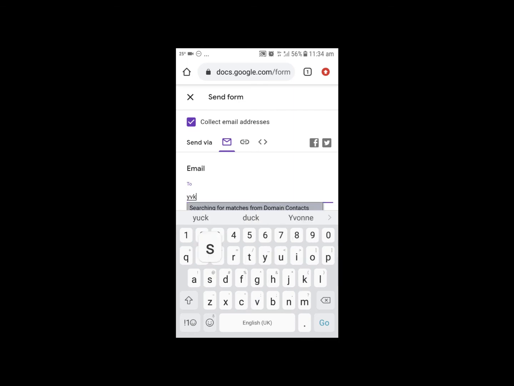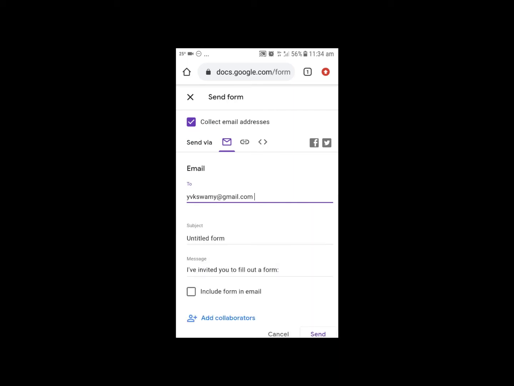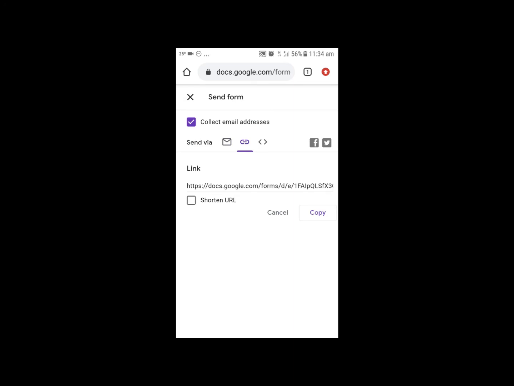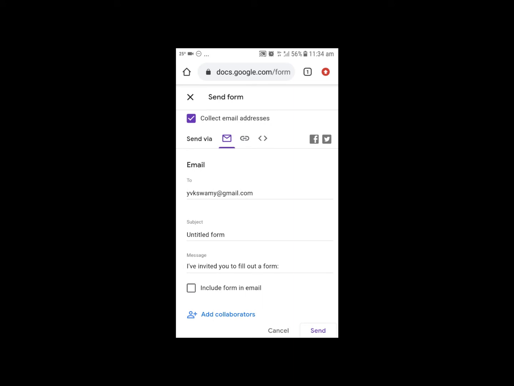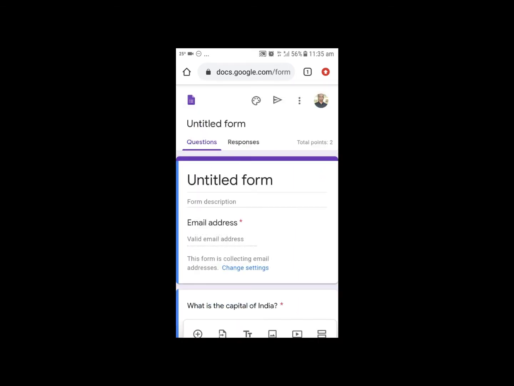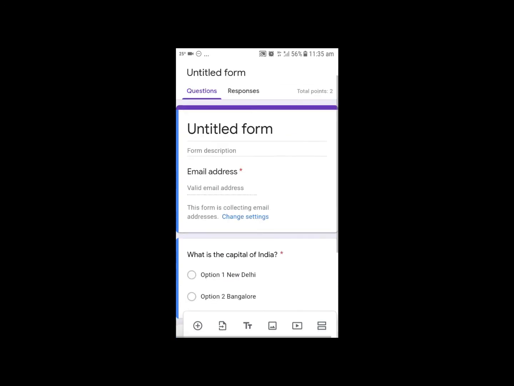So let me show you how to send the question paper using email ID. This is one of the options. Or you can even send the question paper using WhatsApp. For that, you have to come to the second option and copy the link, and you can share the link through WhatsApp. So there are 2 or 3 different methods to send the question paper to students. Now let me use the email address and let me send. To send the question paper, click send, and the question paper is sent to the student. So this is the way you can set the question paper using your mobile phone and conduct the online examination.